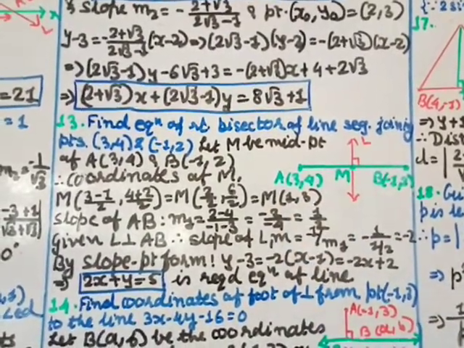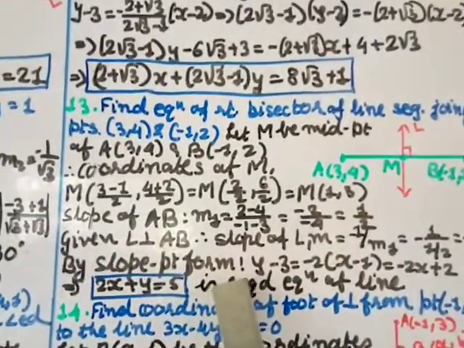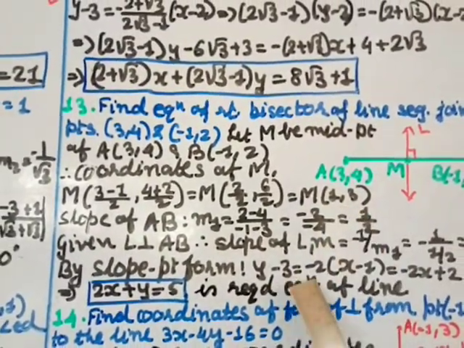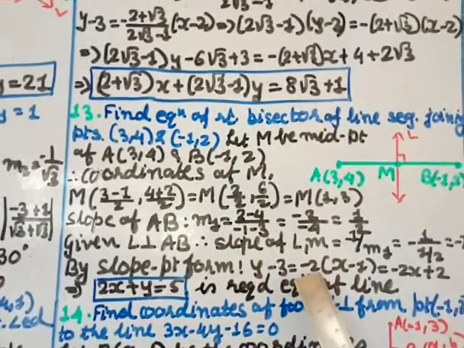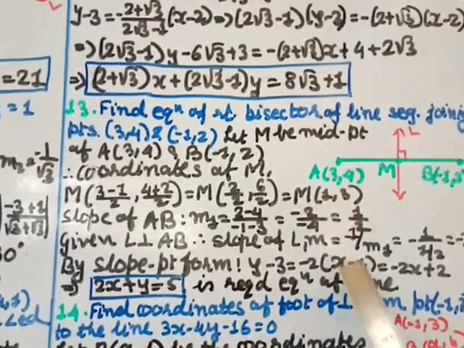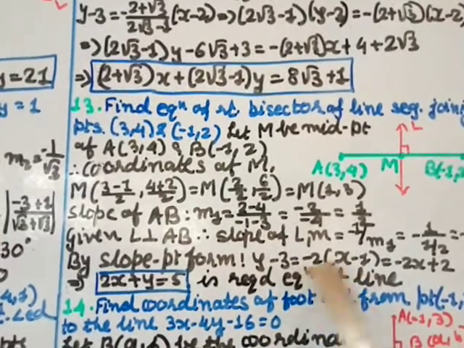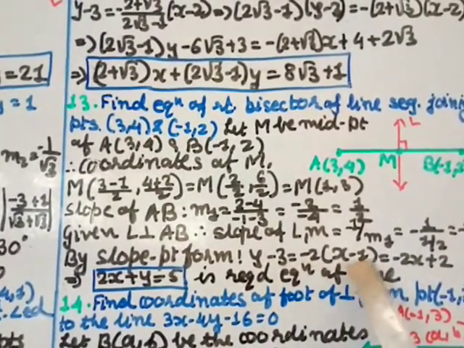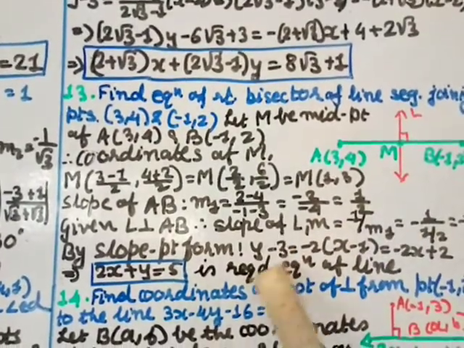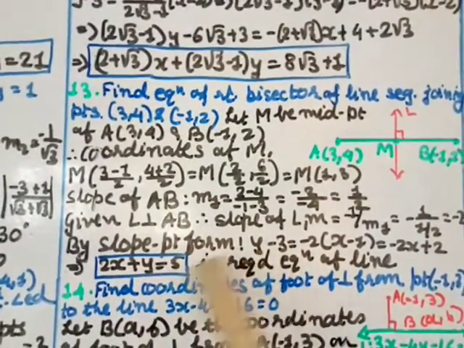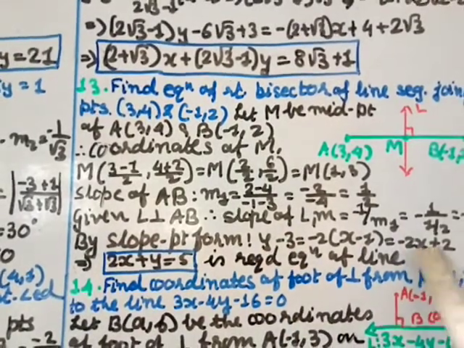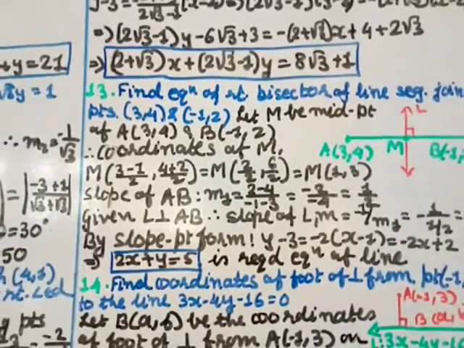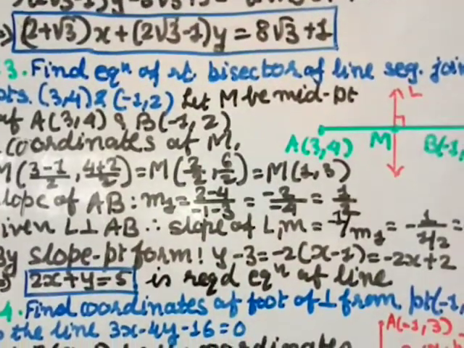So you use slope point form. So by slope point form, y minus y naught, so y naught will be 3. So y minus 3 equal to m, m is minus 2, x minus x naught. So x naught is 1. So this gives you, see I am multiplying here, minus 2 into x is minus 2x, minus and minus plus, 2 into 1 is 2. Minus 2x transfer over here, so you get 2x. Here plus y is there, and this minus 3 if you transfer over here becomes plus, adding with these 2 will give you plus 5. So this is the required equation of the line. That is the solution for question number 13.